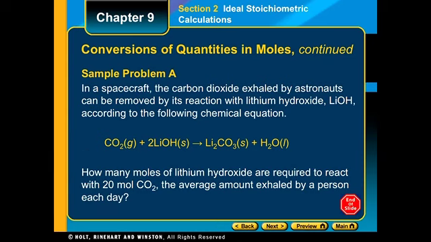Here I have two methods. The first one is using mathematical proportion: for each 1 mole of carbon dioxide reacting with 2 moles, then X moles react with 20 moles. 1 mole reacts with 2 moles, then 20 moles react with how many moles, using cross multiplication. Or